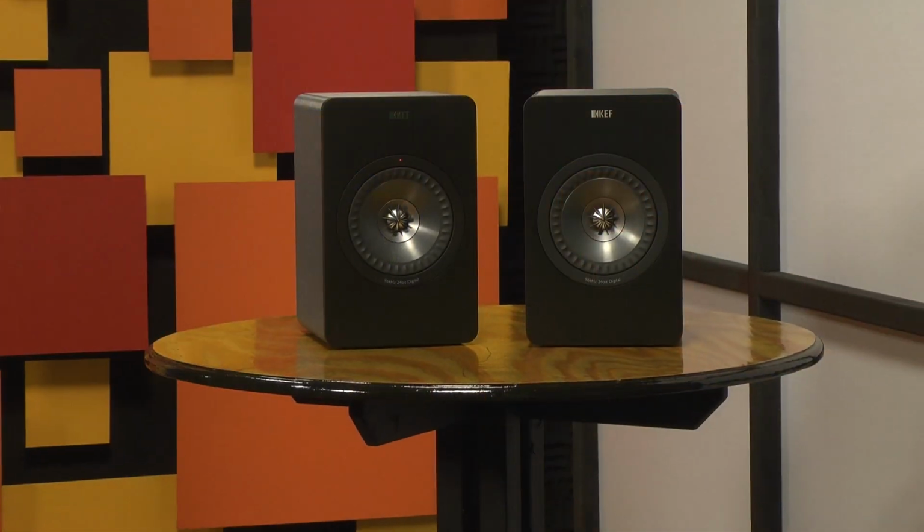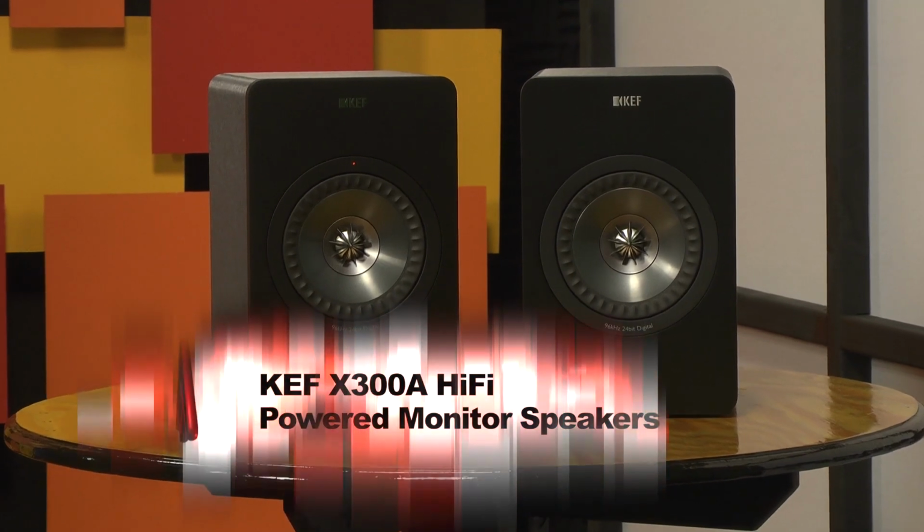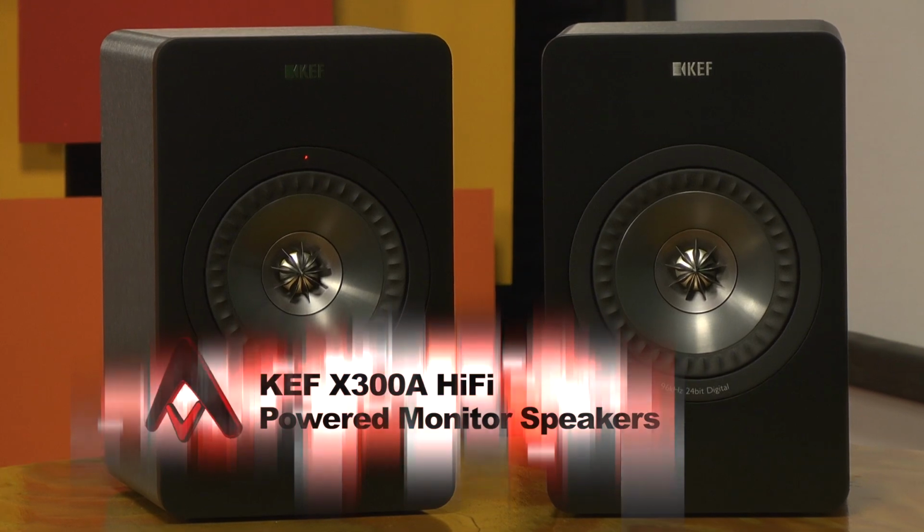As for highs, what you're listening for is clarity without that brittleness that can come from a tweeter or crossover that's not designed well. Fortunately, the KEF X300As don't suffer from any of that. The high frequencies have tons of detail. That just leaves the mids. You know, the stuff in the middle that most speakers just presume will come from somewhere? No. Mids are important, and I loved the way the UniQ driver array pulled this off. I'll get specific in my listening tests, but let me jump into why I'm impressed with how these speakers are